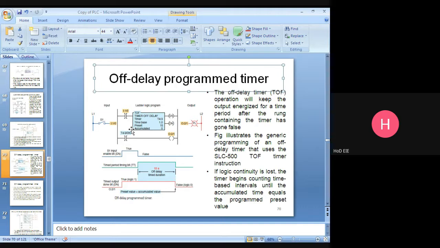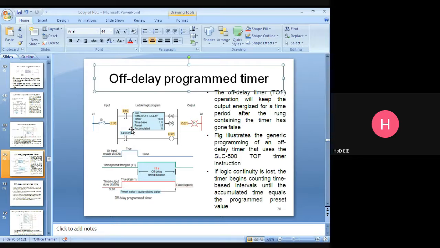You just switch on the light, after 5 seconds the bulb is glowing. This one is nothing but your on delay timer. Off delay timer means you just switch on the light, immediately the bulb will glow.